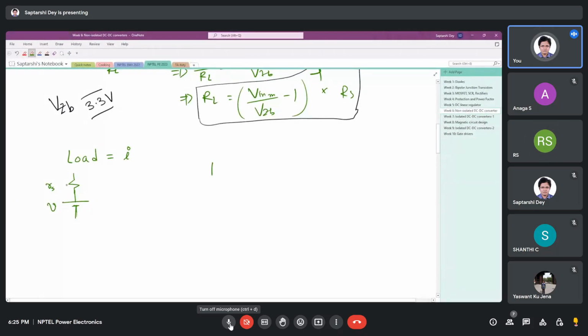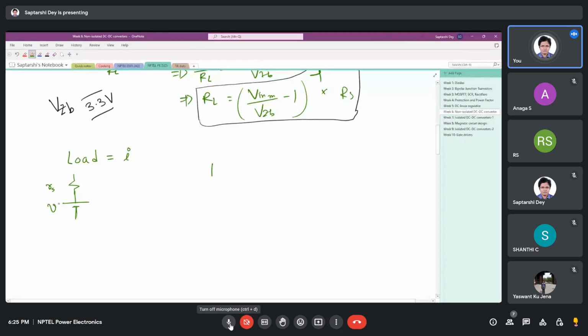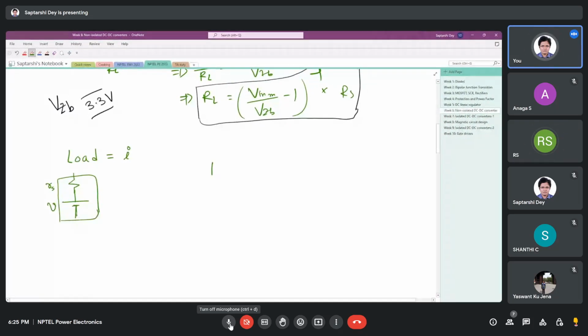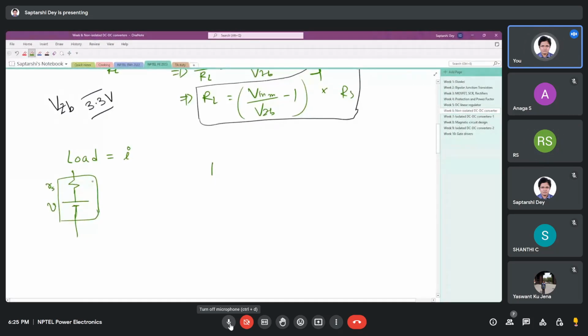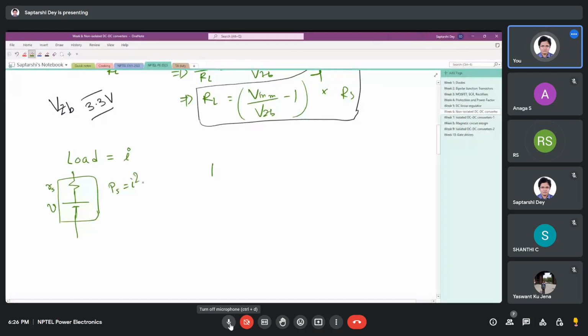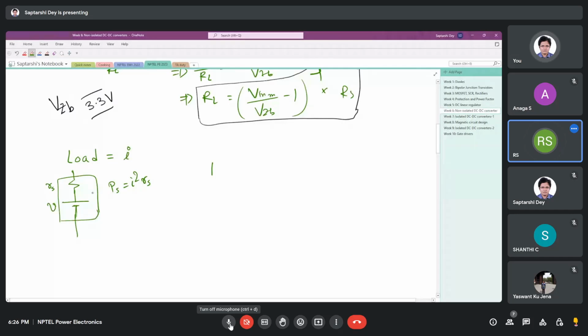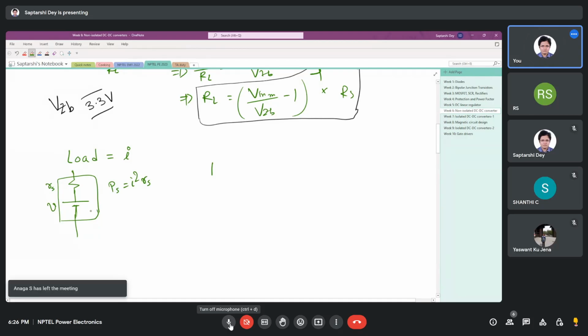So because of the series resistance, this whole thing is the voltage source. Because of the series resistance, it cannot supply you infinite current, because there is a power loss in the source, given by I squared Rs. So you cannot short circuit, and because of this resistance, with changing load, your load voltage also changes. So it is no longer a constant voltage source. Lower the resistance, lower is the regulation. Similarly,